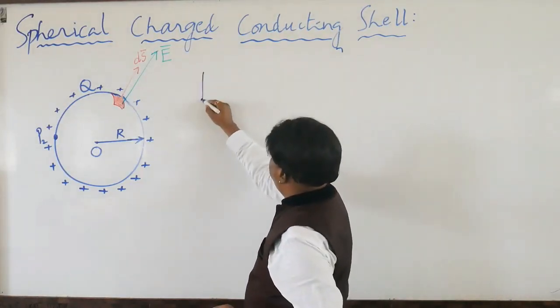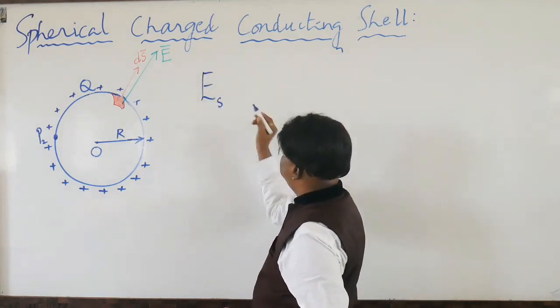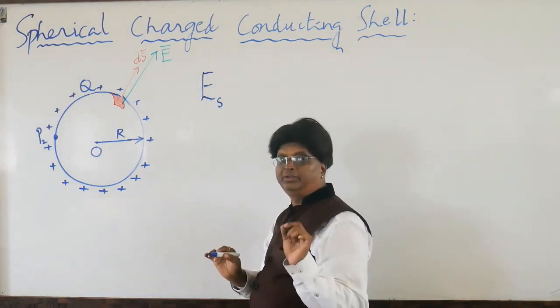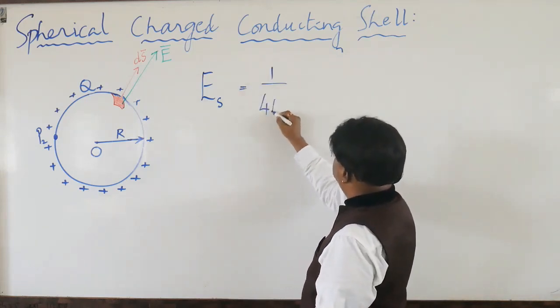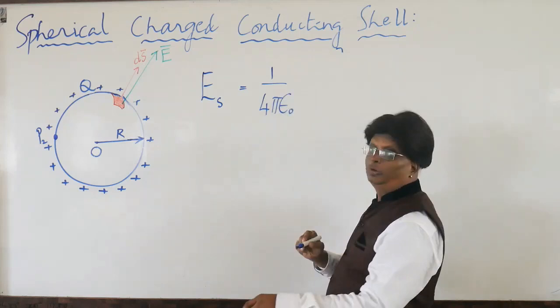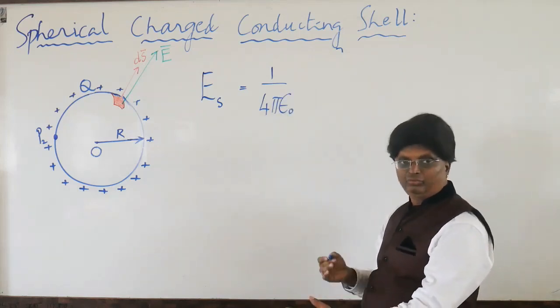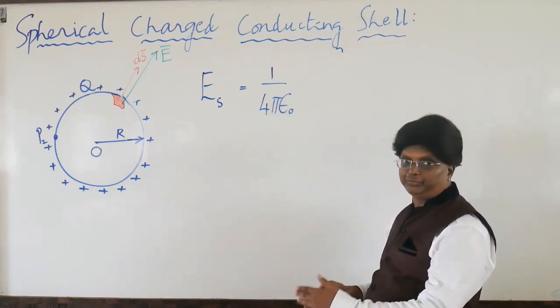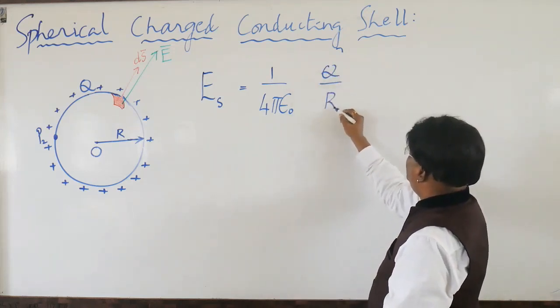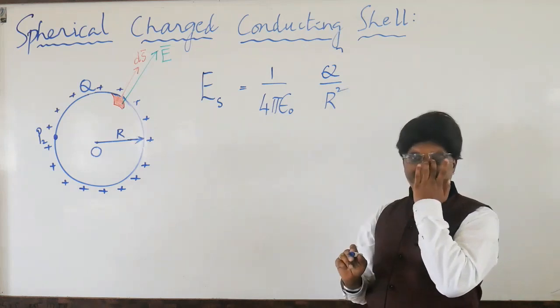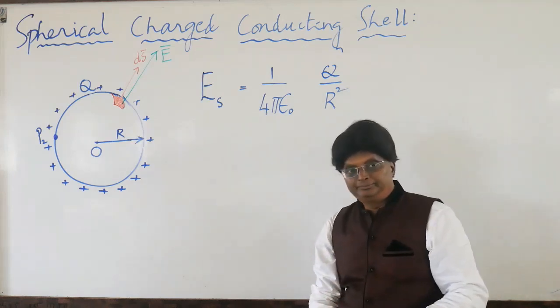The result is that the E field at any point on the surface, ES, is 1 by 4 pi epsilon naught, where K is 1 by 4 pi epsilon naught, 9 into 10 to the power 9, times Q by R square. That was our result. Now remember,